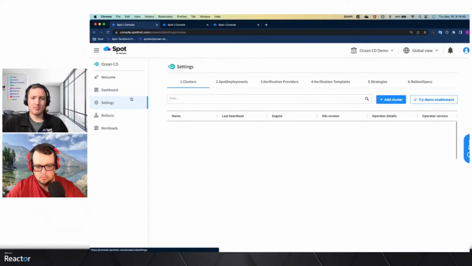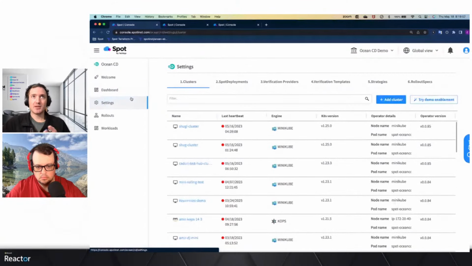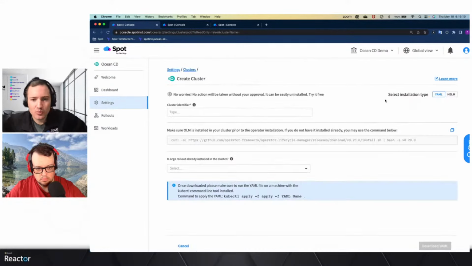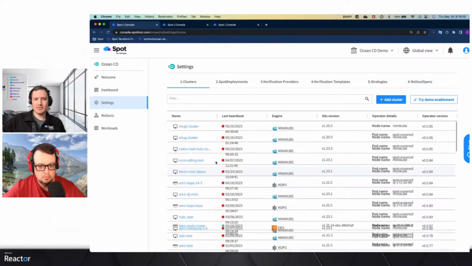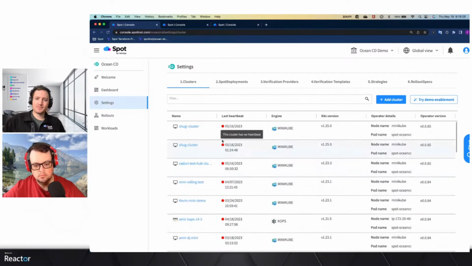So before we can actually start triggering deployments, I mentioned the need to deploy our controller within your cluster. That's all something that can happen in a couple clicks. When you're ready to onboard your first cluster, you'll essentially give us a name for the cluster that you're going to run. We'll give you a YAML to deploy within your Kubernetes cluster. That YAML deploys our operator and everything that you need to start triggering your first rollout.